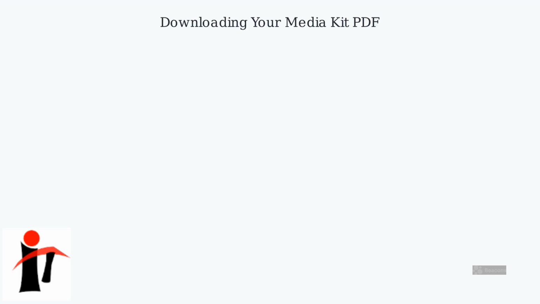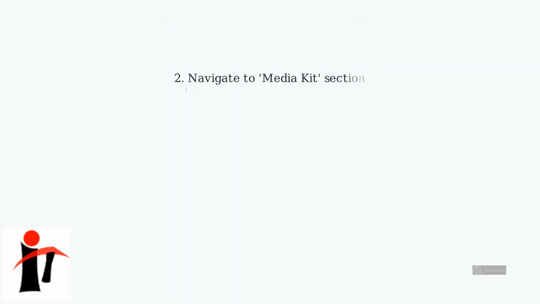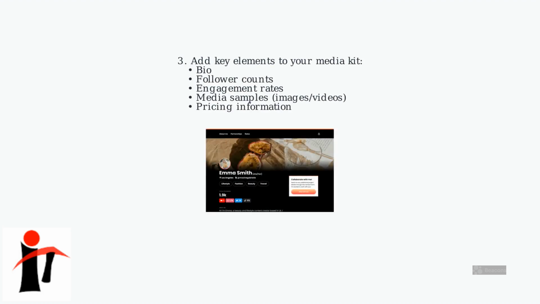In Beacons.ai, creating and downloading your media kit as a PDF is a straightforward process. First, ensure you have a Beacons.ai account, either free or premium. Navigate to the Media Kit section within your dashboard. Once there, you can add key elements like your bio, follower counts, engagement rates, media samples, images and videos, and